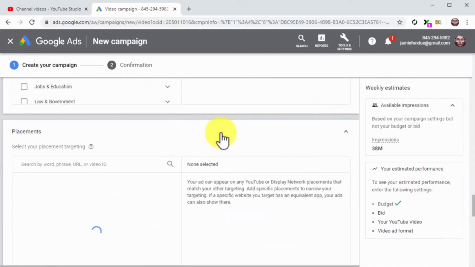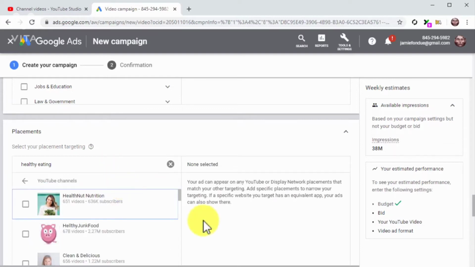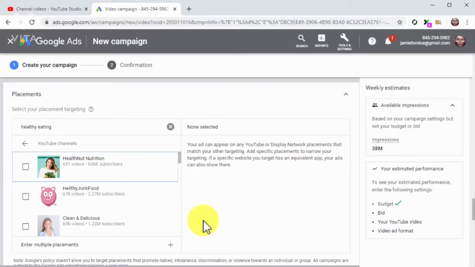Now click on the Placements tab. Here you can select specific placements to show your video ads. Use this feature only if your plan is to target a very specific audience on a very specific placement, such as subscribers and viewers of a YouTube channel or visitors of a specific website. All you have to do here is to enter a keyword into the search box and to select placements from the results. In this example, we don't want to narrow down our reach to specific placements, so we will skip this selection.